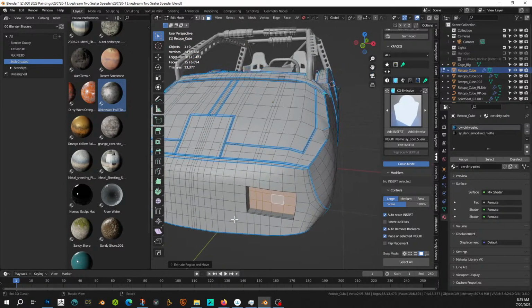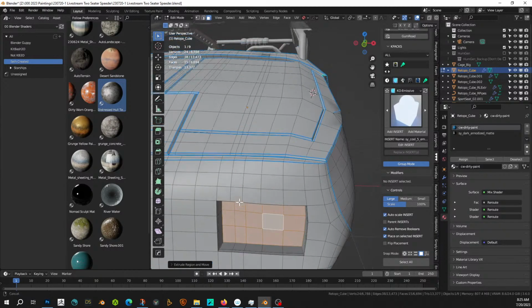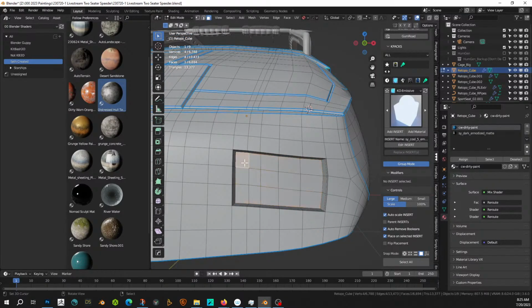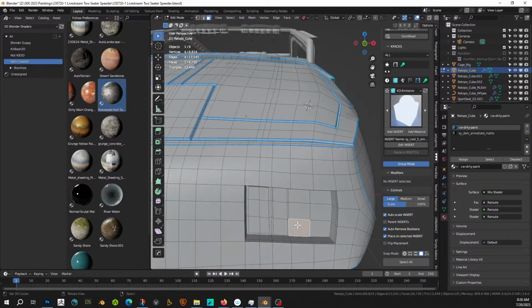And then select how we want to do it. How are you going to do it? That, inset, like that. Up. This, inset, and up. And then